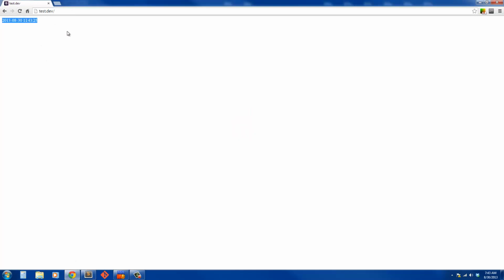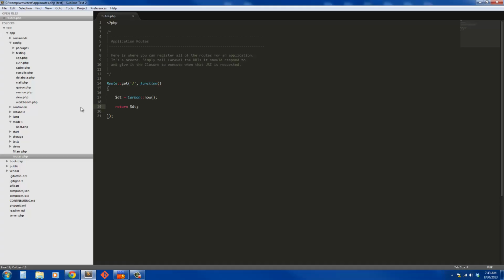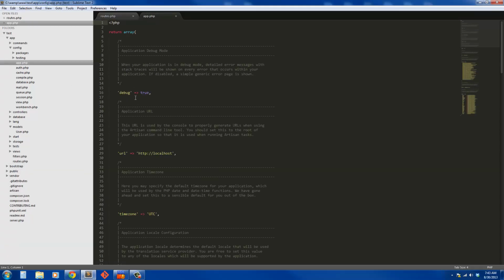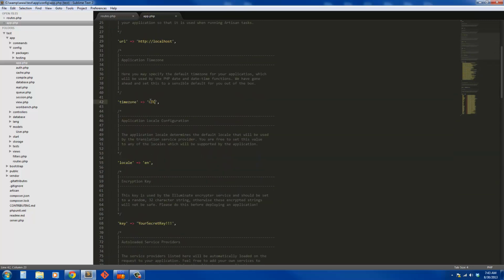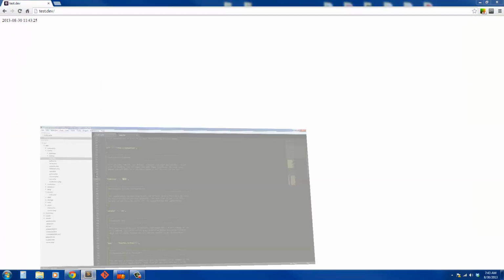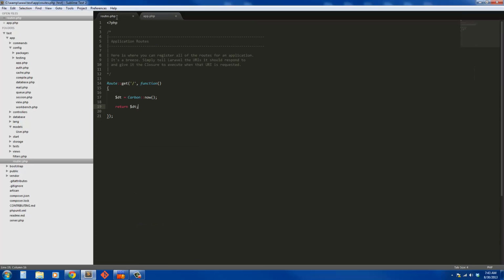So this is Carbon's now function, and it's going to output it in UTC or whatever you have set in your app.config, your config in your app file. So if you have UTC like I have here, then it's going to output to UTC. Okay, but you really don't have to change that, because here,